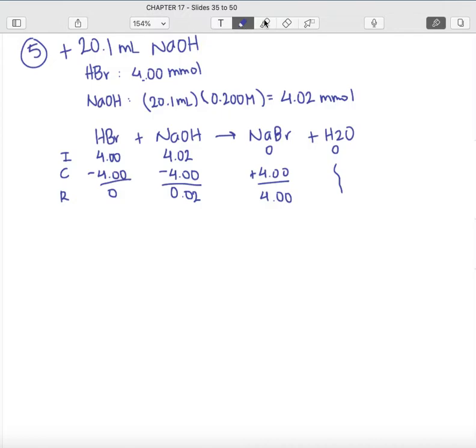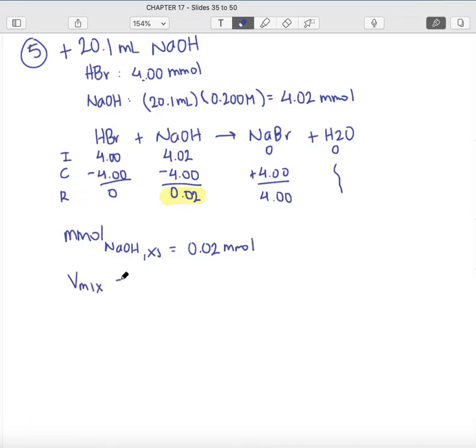What we did need was the number of millimoles in excess for either of the two reactants. In this particular case, we have an excess of the base, and so we need to deal with that. So I'm going to just rewrite it. The millimoles of NaOH that are in excess is equal to 0.02 millimoles. And from that information, I need to get to a pH. Since what I'm working with is sodium hydroxide, I can convert this into a molarity, and from that molarity of sodium hydroxide, I can find the concentration of hydroxide ions. Once I have the concentration of hydroxide ions, I can find the pOH, and then I can convert that into a pH. So to find the molarity of sodium hydroxide, I'm going to need a volume, and this is the